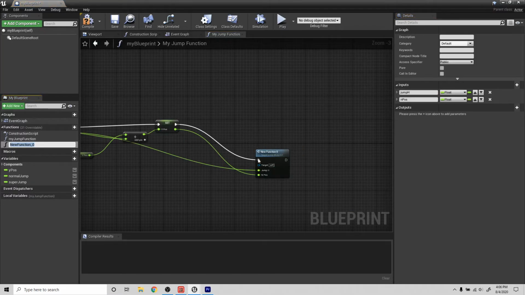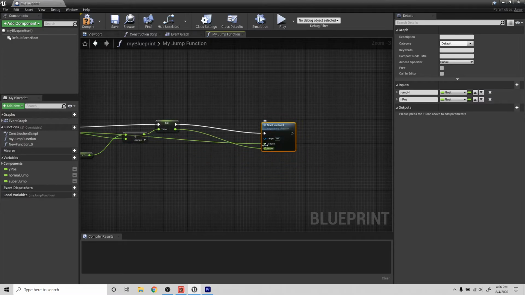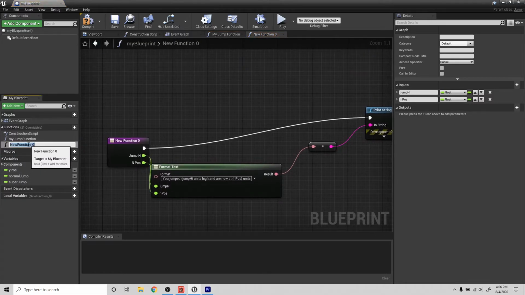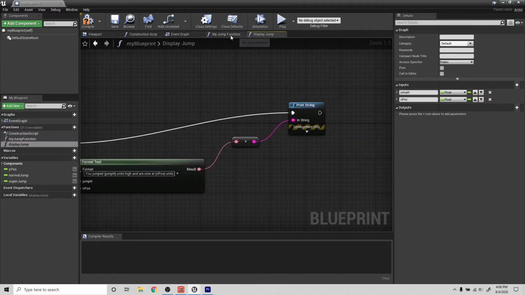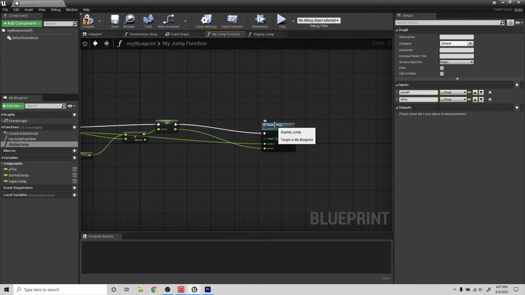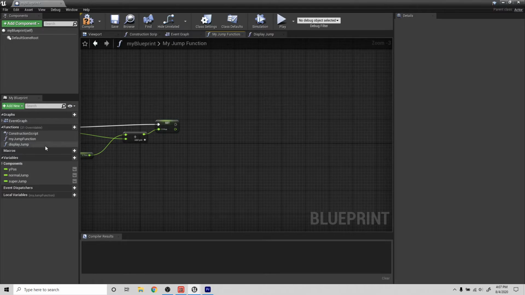When we do that, you can see that it gets all of those connections there. Let's say we do display jump. So that is what that is doing. Here in the jump function, we're running another function, but let's delete it so that we can see